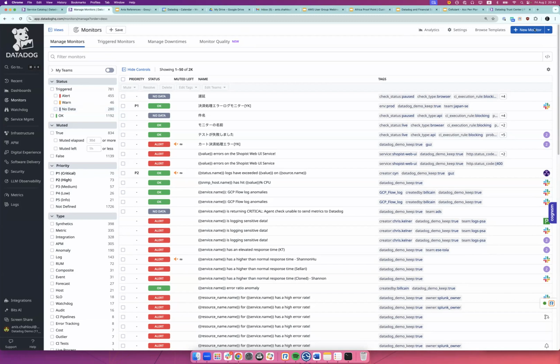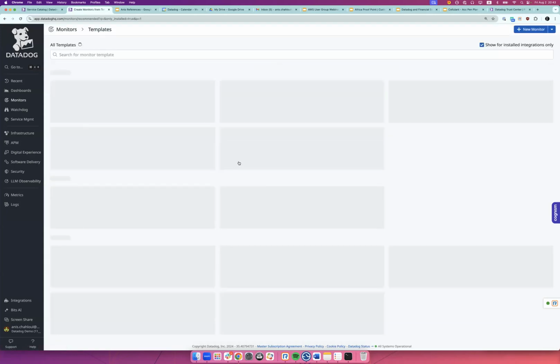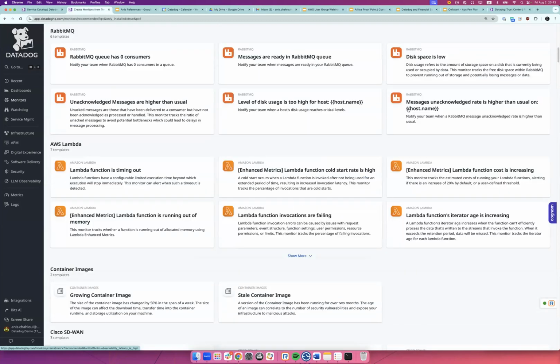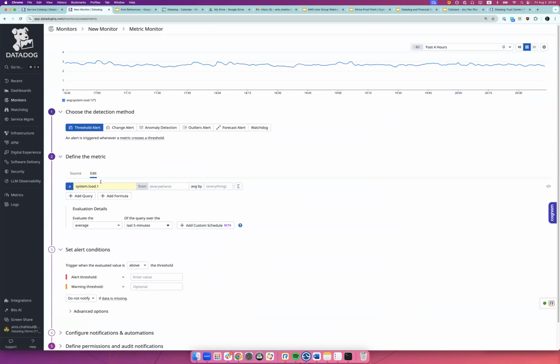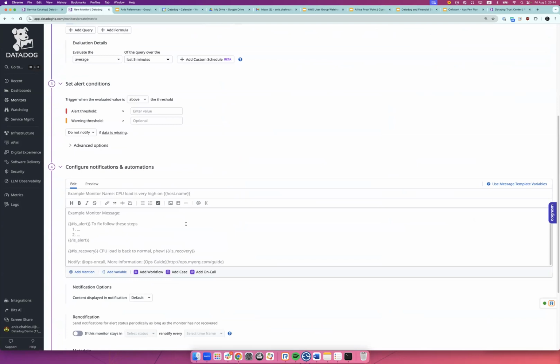So what we do, again, back to the fact that you don't start from scratch. For every kind of integration, you have a lot of template alerts that you can use. Back to your question, if I'm creating a simple monitor over here, let's say I want to configure to who this alert will go. First of all, I can give context to my alert. Second, through integrations, we have integrations with Slack and with Teams.